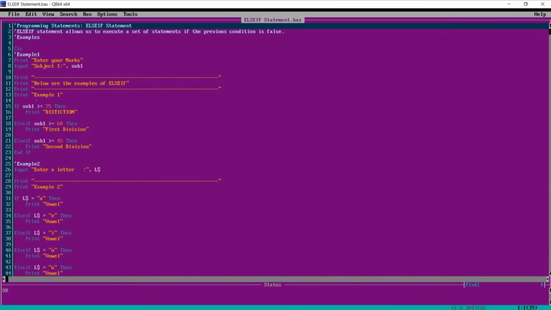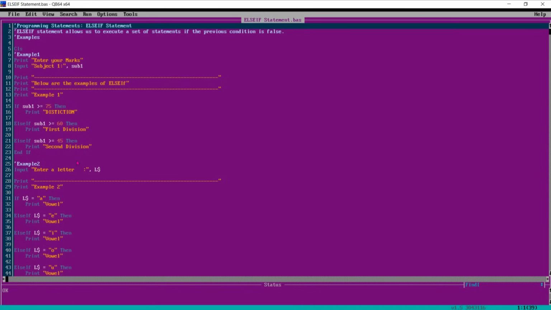If marks is greater than 45, then print second division. And this is the end if.